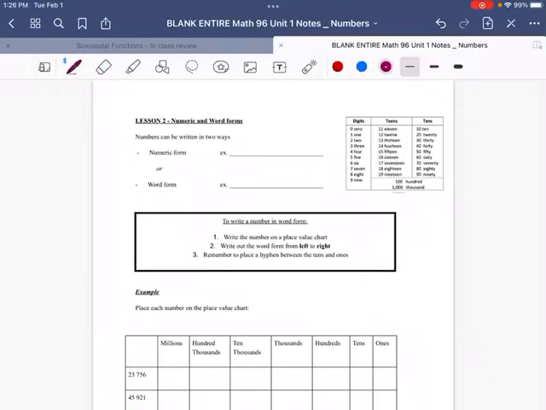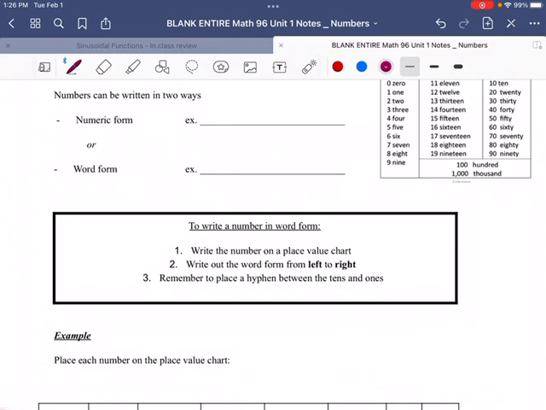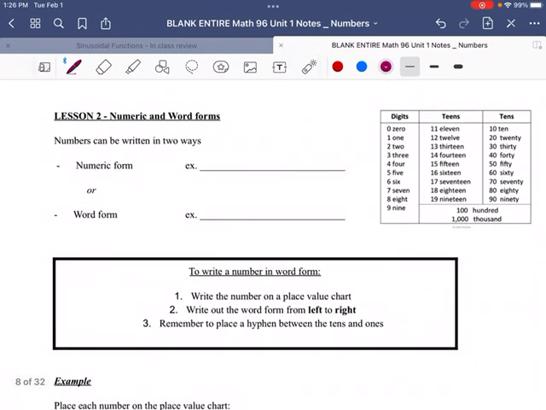Okay, lesson 2 here. Numeric and word form. So numbers can be written in two ways, numeric form or word form. So let's do an example here. 11. Okay, that's the number form for 11. And the word form, whoops, if I can spell correctly,